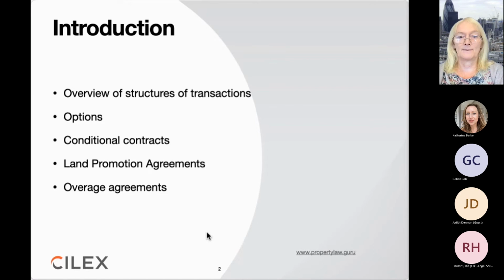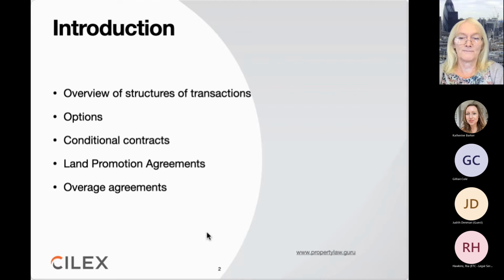The seller may have to think about how he's able to recover that VAT in due course. But usually a land promotion agreement is going to create less animosity and more working together. Whereas you might have a farmer who's selling a piece of land on a conditional contract or an option agreement, who doesn't have the first idea about what is a good planning permission, and they just rely on the builder to do all that, because the builder's got their professional team who knows all this stuff. The farmer is going to have to appoint consultants or advisors or planning people, which he will have to pay for, whereas he wouldn't have to do that on an option agreement or conditional contract.